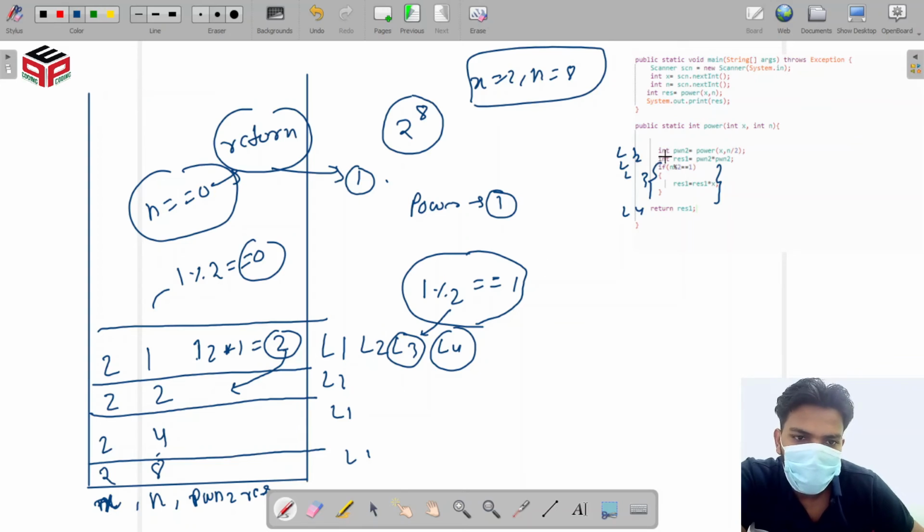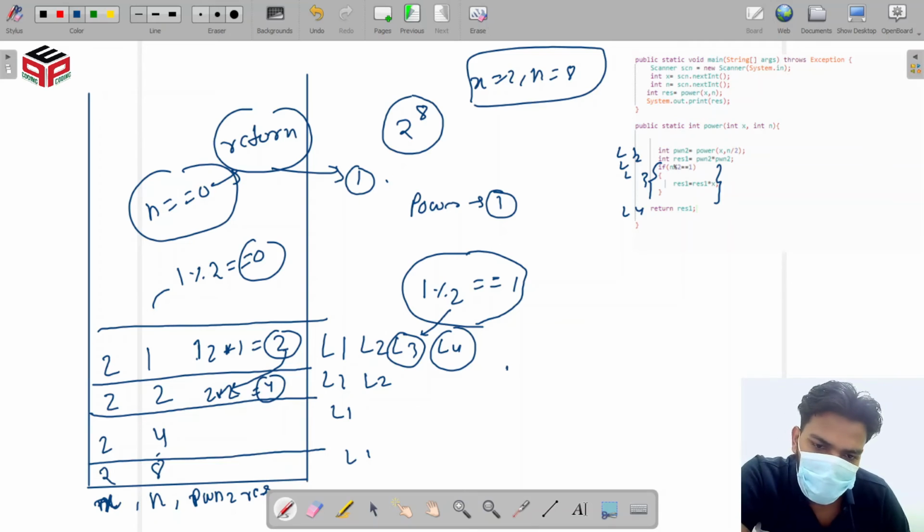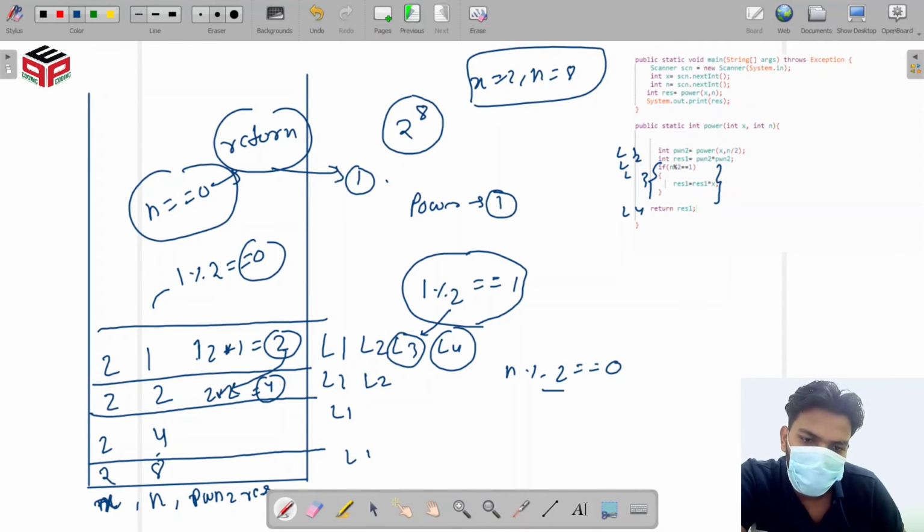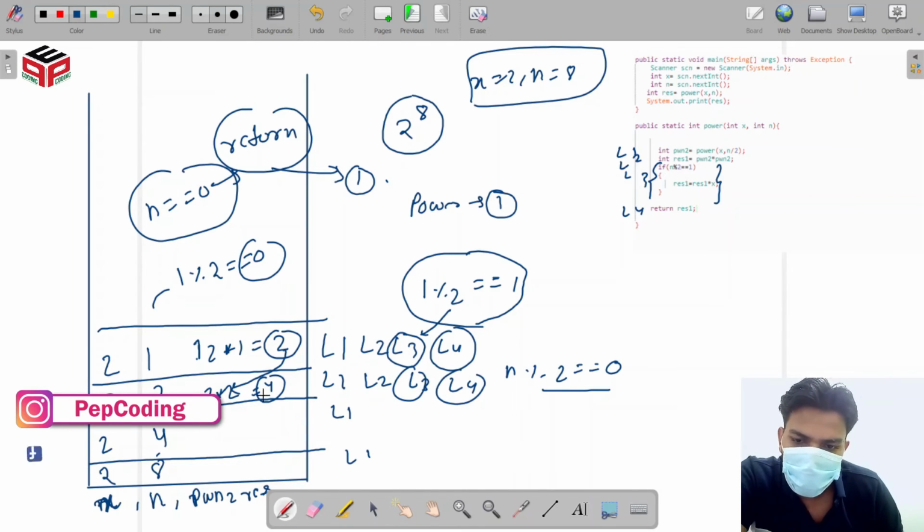When line number 2 of this function runs, we multiply 2 with 2 and get 4, but here n is not odd, because n % 2 equals 0. So we return this 4 from line number 4.